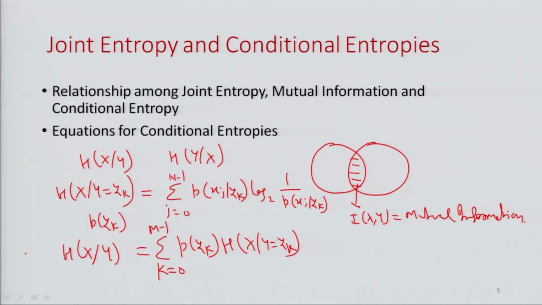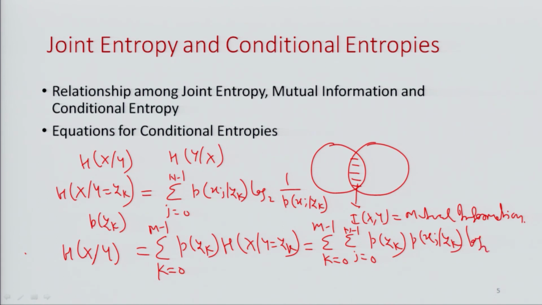Now, putting this value of H(X|Y) into this expression, it becomes summation k equal to 0 to m minus 1, summation j equal to 0 to n minus 1, p(y_k) from here, and H(X | Y = y_k) from here, this into p(x_j | y_k),